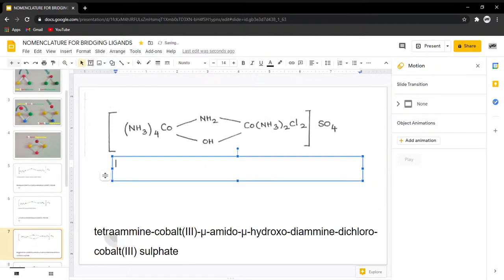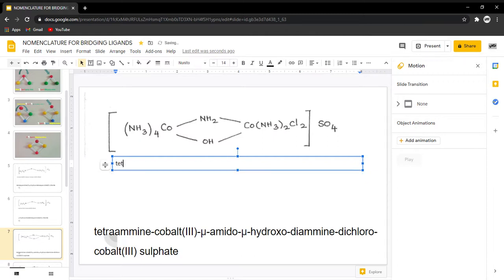Now see, the two groups are different. The ligands are also different. So what is the case? Go in order, L to R, left to right. Give the name from left to right. Okay. Shall we do it? So what kind of group is present on my left-hand side? It is tetraamine cobalt, open and close the bracket. We shall fill that later.